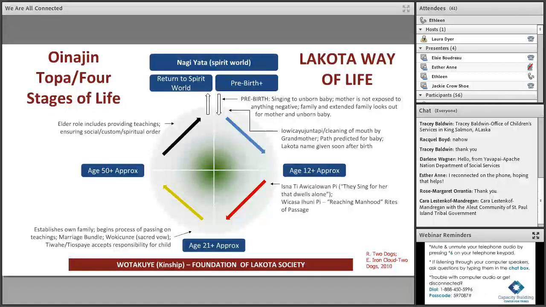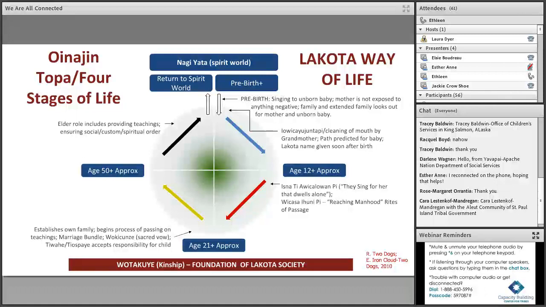This still exists among our people. This was a pattern of the stages of life in our society long ago, and this is the Lakota worldview that I'm speaking about. But I think a lot of other indigenous peoples had something similar.